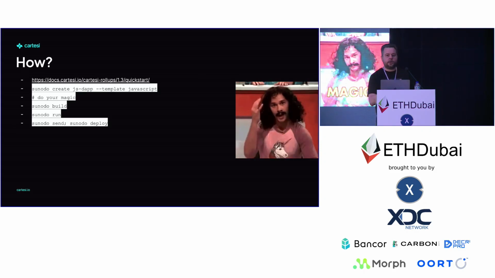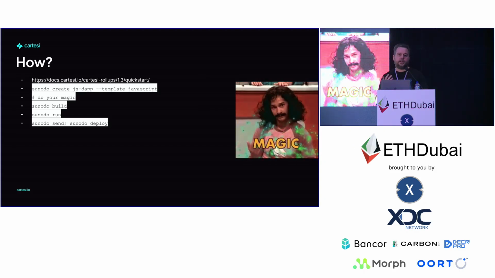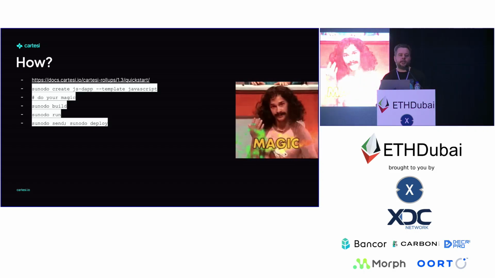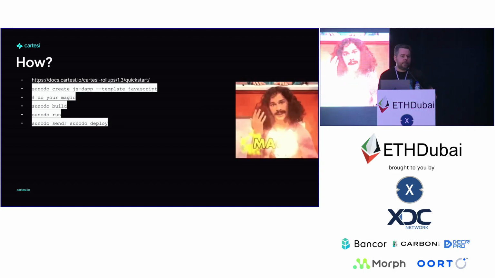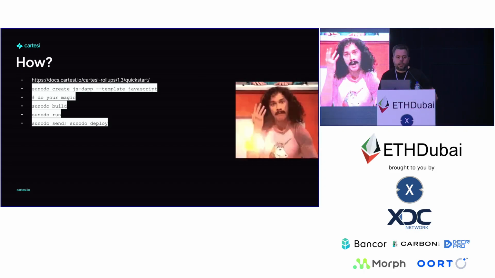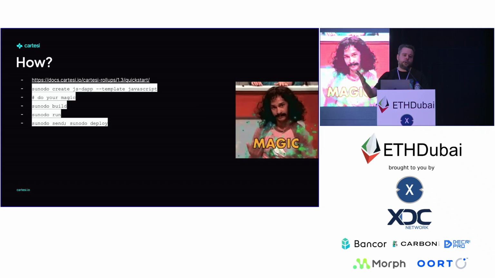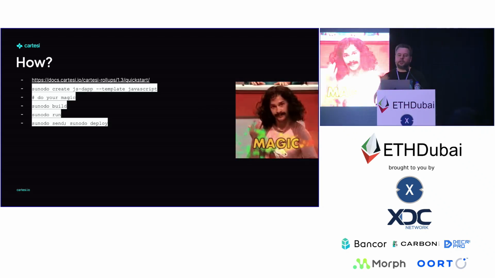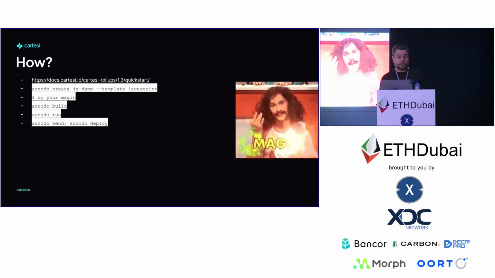Then you build it, you can run it, you can start interacting with it by sending transaction input to it, and then you can deploy it onto any Ethereum-based chain. At the moment, we are also adding support to very easily deploy into existing sequencers or data availability layers like Celestia and Espresso. And that's pretty much it.